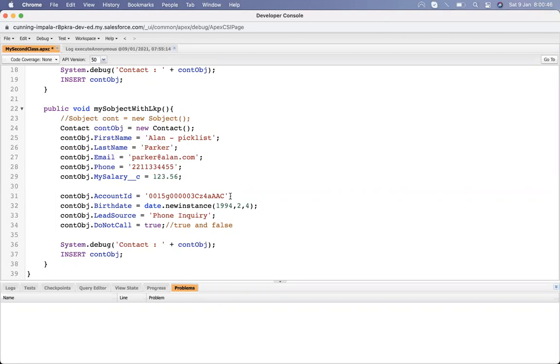Maybe I missed that part, but I want to ask: if I am able to create a record from Salesforce, why do I need to create it from Apex? Because you are a developer. Yes, but there should be a purpose.